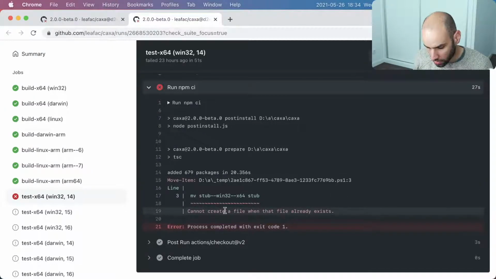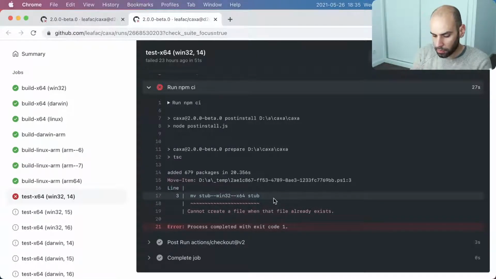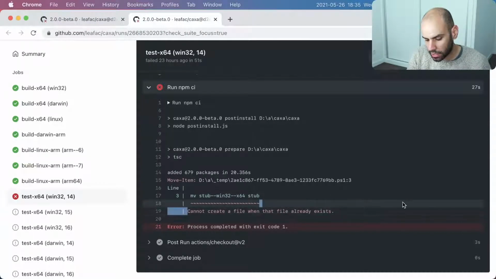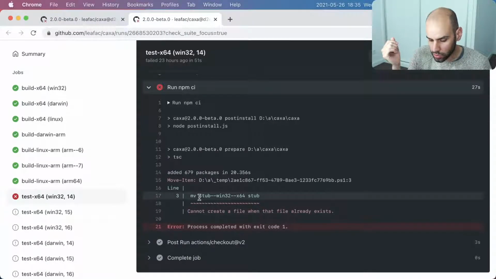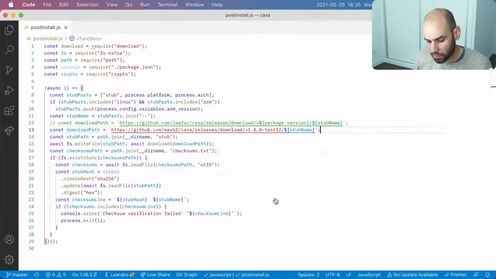It says it cannot create a file when a file already exists. Oh, okay, so the post install script put a stub in place, and then the PowerShell is complaining that you cannot move into a file that would overwrite, essentially.